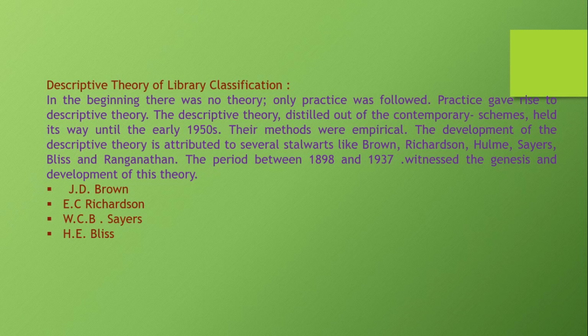In 1897, Brown independently brought out another scheme and called it Adjustable Classification. In the year 1906, Brown published the first edition of his Subject Classification, the scheme for which he is mostly